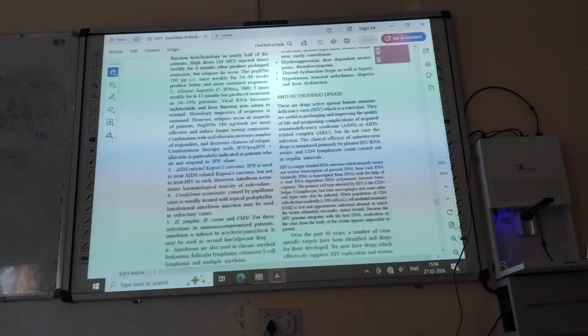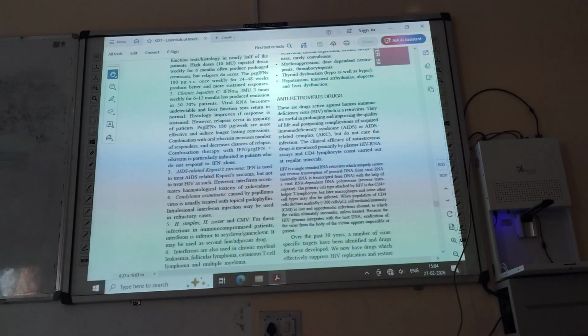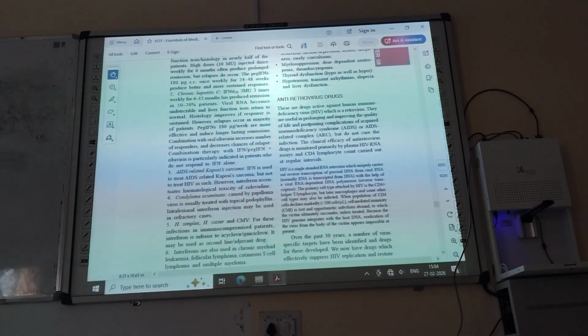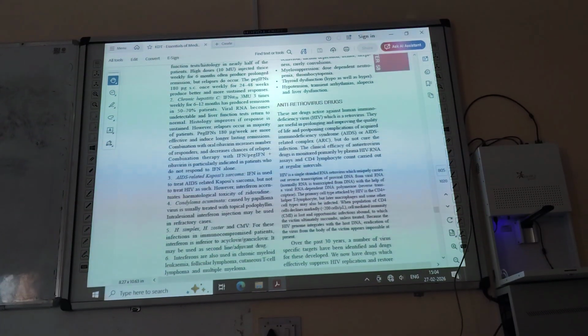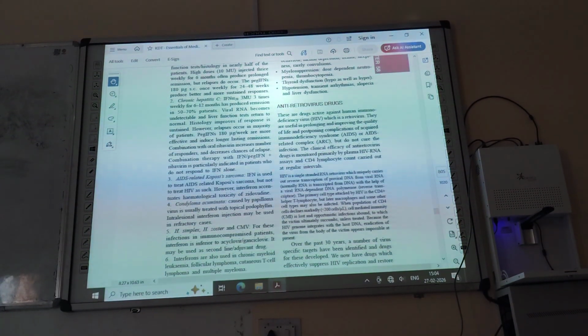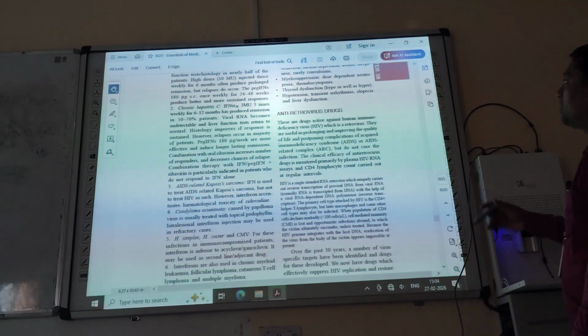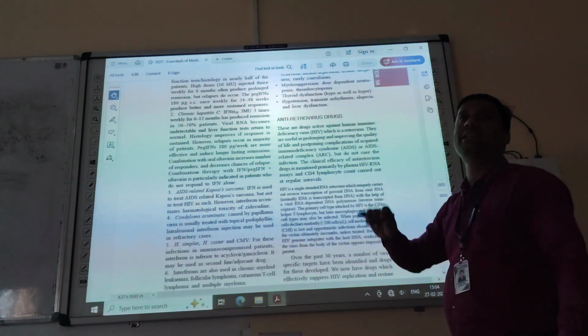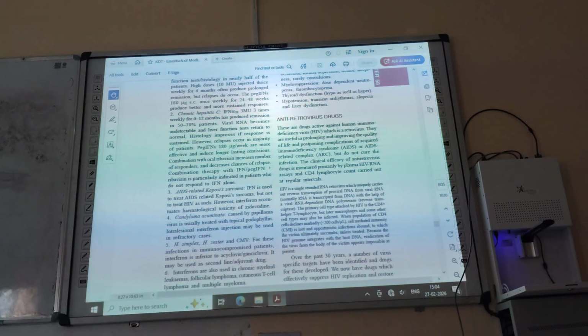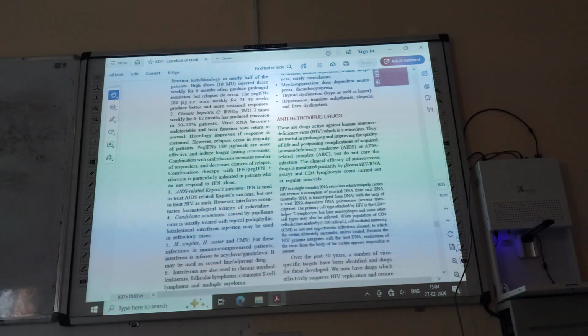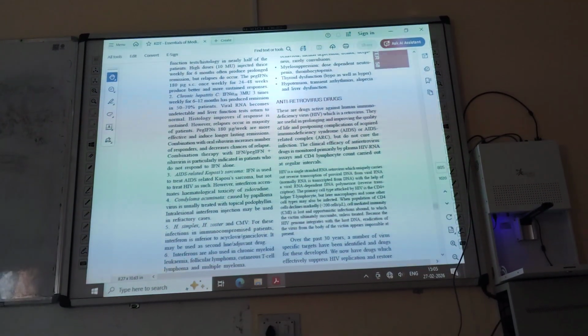Then antiretrovirus drugs. What is a retrovirus? The AIDS virus is known as a retrovirus. The drugs used for the treatment of retrovirus are known as antiretrovirus drugs. These are active against human immunodeficiency virus, HIV, which is a retrovirus. They are useful in